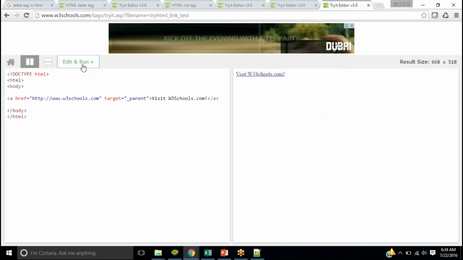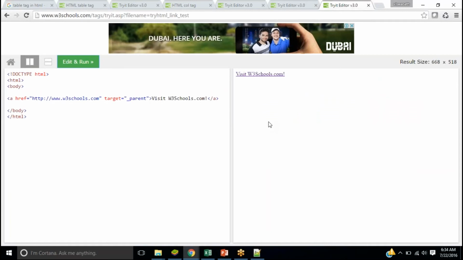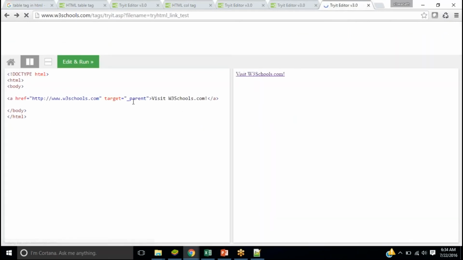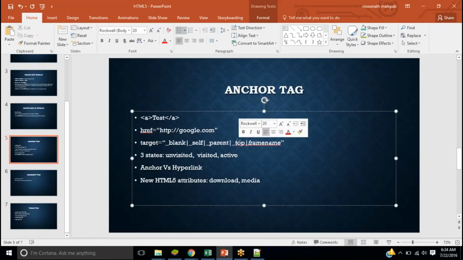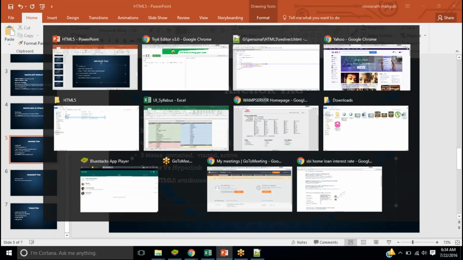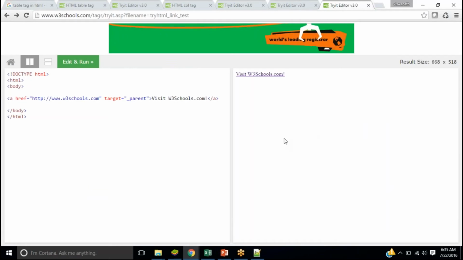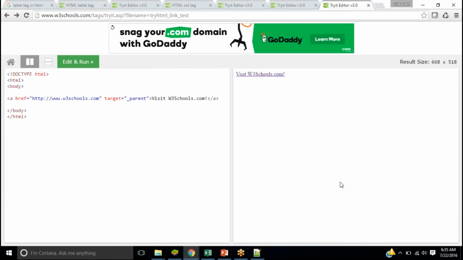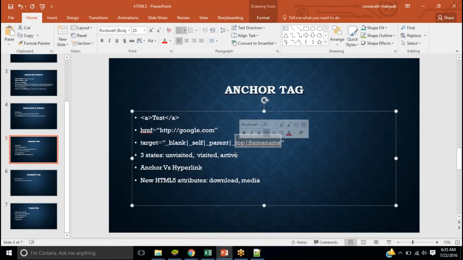I'm spending more time on this because these are important things. There are many other attributes for href on an anchor tag, but those are not that important. So when I click on it, see, the parent got changed. It did not change this particular part, just because of target parent. It can be top also. Let's say I have multiple frames, and inside this frame I have another subframe, and another subframe, with 10 levels of hierarchy of frames. At that point I don't want only my parent frame to be replaced. I want my entire page to be replaced. So I can say top, and the top frame will be replaced.